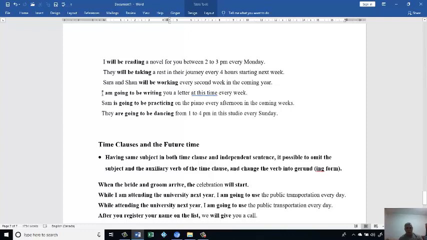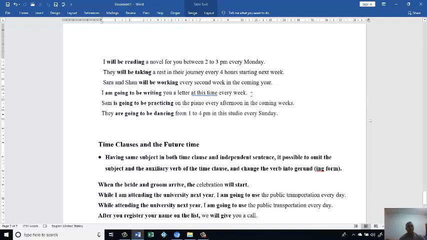I'm going to be writing a letter, writing you a letter, or writing a letter to you. It's the same thing. The difference is only between British English and American English. In British English, they're going to say, I am going to be writing to you a letter, or sometimes, I'm going to be writing a letter to you. It's the same thing. In American English, we say, I'm going to be writing you a letter at this time every week,